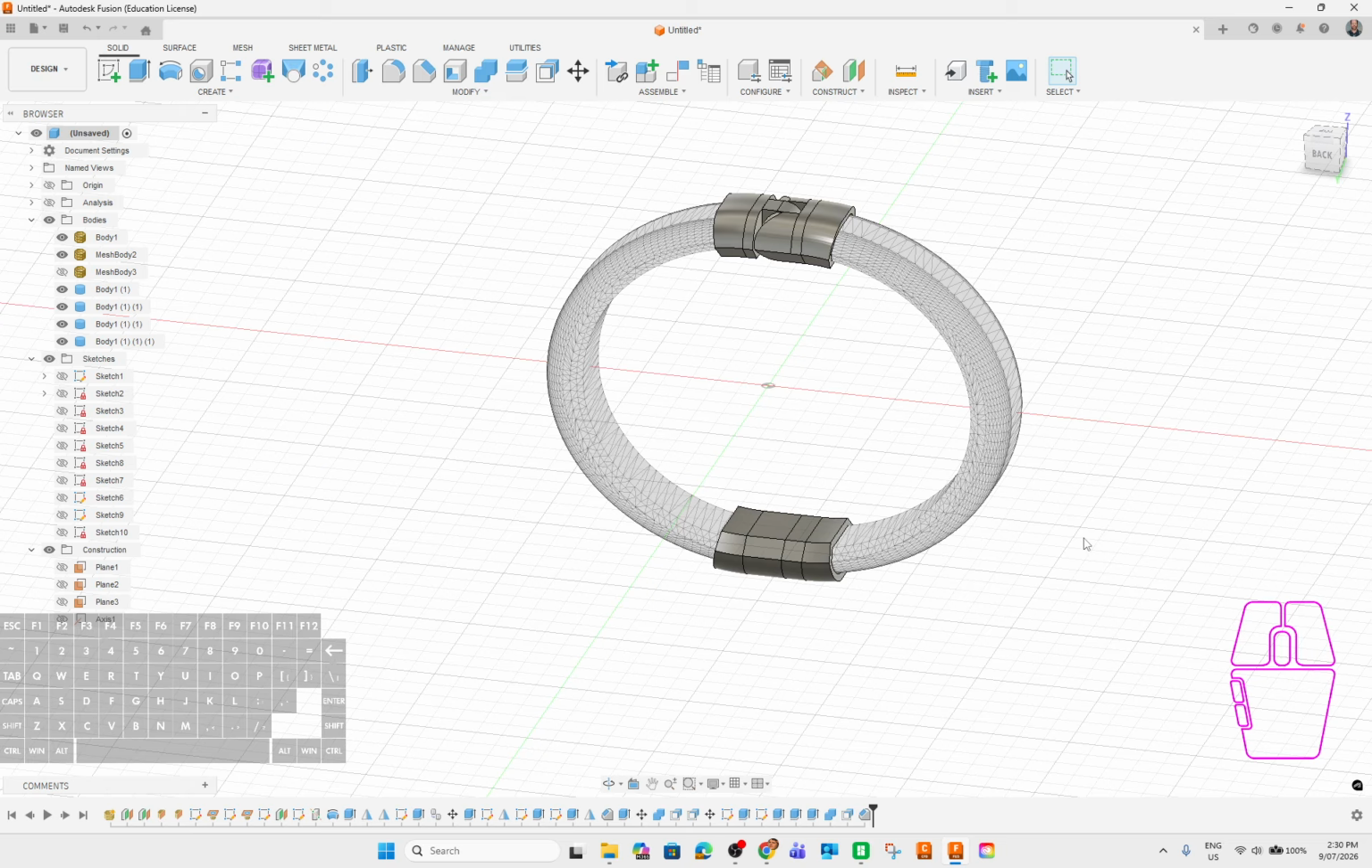So we'll see how this goes, and yeah, print it out, and